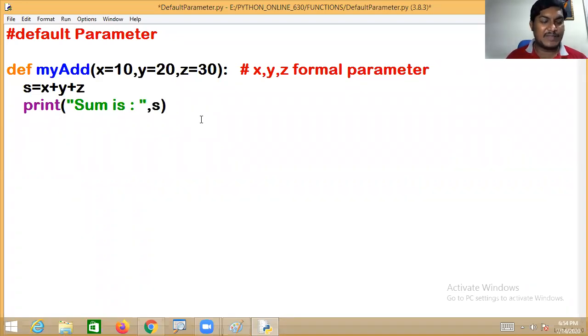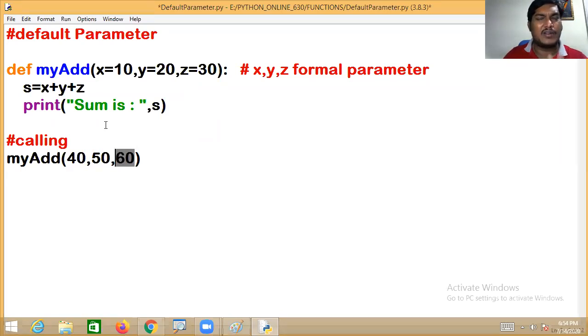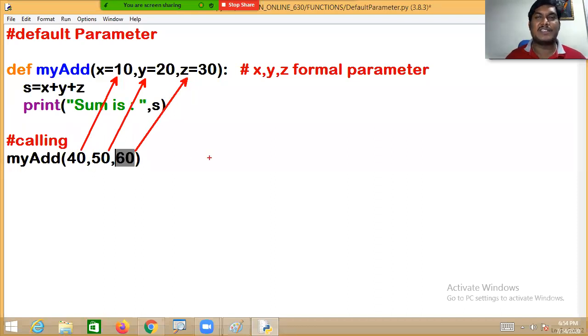Just as I said, if you define the function, until you call it, it won't be executed. You are already aware of it. Now I want to call my_add, passing 40, 50, 60. Now 40 is taken into x, 50 is taken into y, and 60 is taken into z.